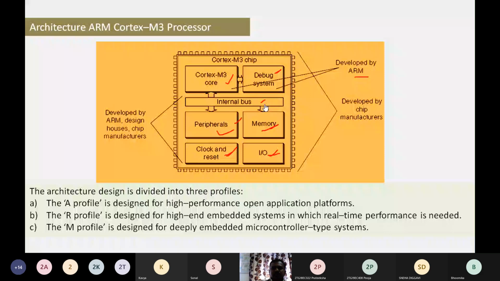Next, the main module is going to target the programming facility: how programming is available, and how the processor supports programming through assembly level language. We are going to discuss those concepts in the next class.